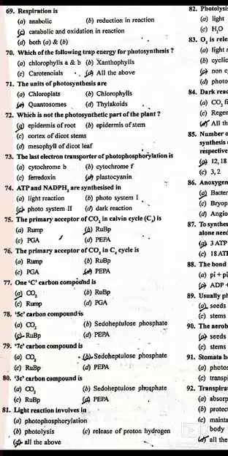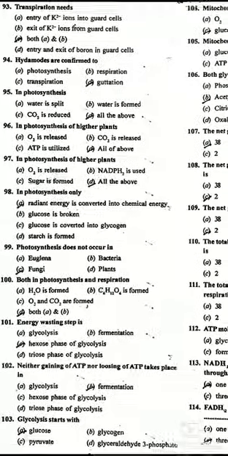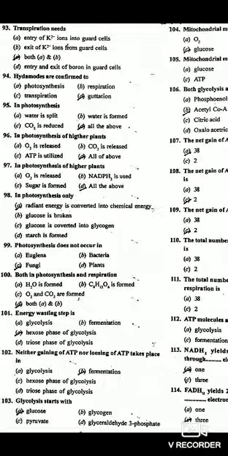Next question. 93. Transpiration needs option C, both A and B: entry of potassium ion into the guard cell and exit of potassium ion from the guard cell. 94. Hill modes are conformed to D, glutathione. 95. In photosynthesis, option C or D, all the above: water is split, water is formed, or CO2